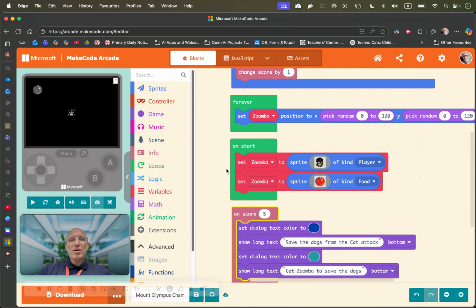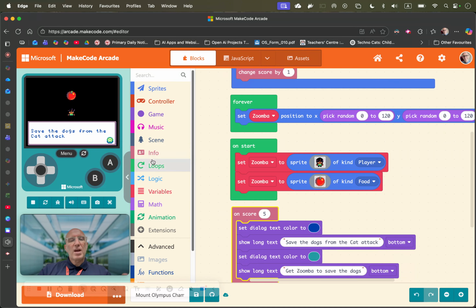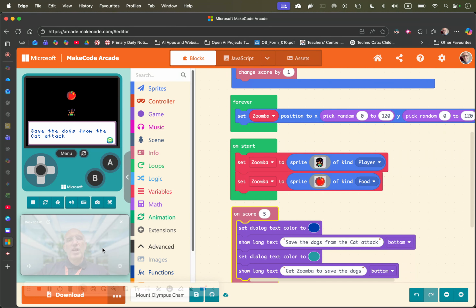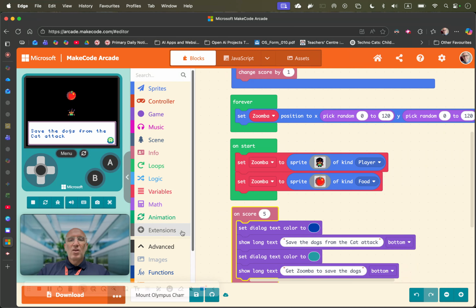Just pretend that the apple is the dog. So let's go and see this in action. I'll go and reset this. And there we have a dialog box that's going to tell our players what's going to happen in the game and direct them as to a part of the game and what they should be doing as to your story. So I want to give you this, but without the on score,